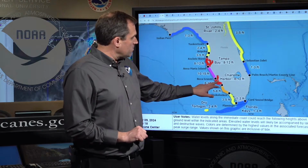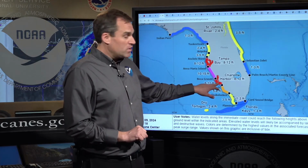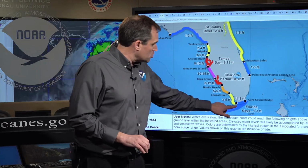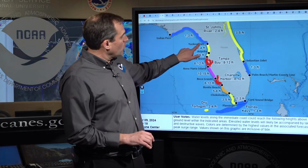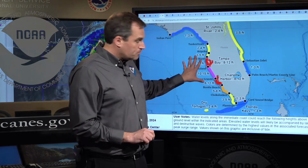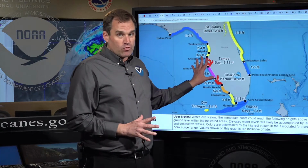South of that area down to Bonita Beach, Sanibel Island, Fort Myers Beach, Charlotte Harbor, 8 to 12 feet of inundation expected. So we have a storm surge warning in effect for almost the entire west coast of Florida, from Yankeetown all the way to Flamingo. If you were in those storm surge evacuation zones in that region, please escape now while you still can. If you've been asked to leave, you have just a little bit of time left before the water starts to